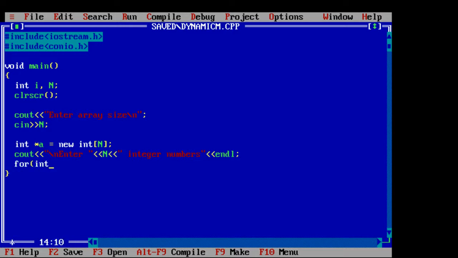So here we ask the user to input some values, the range input by the user previously, that is the value of n.